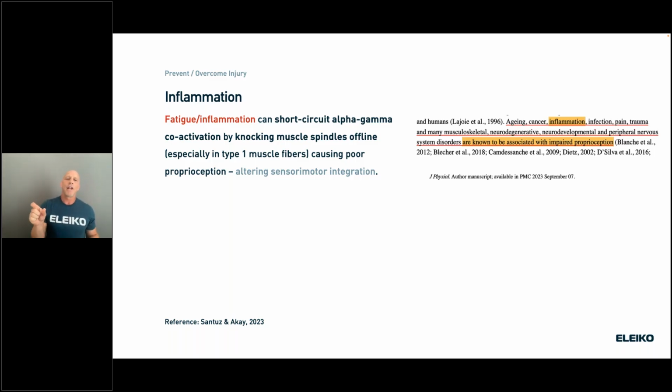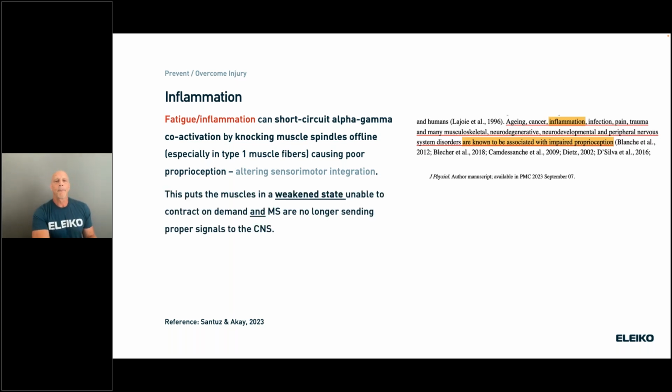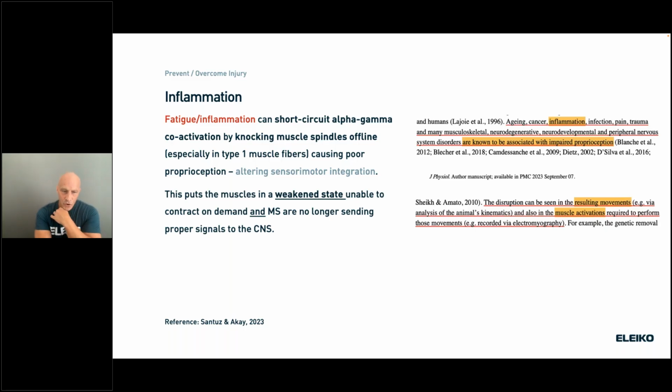And remember, impaired proprioception means that the body is no longer able to have proper input, so it can't have proper output. That's what it's saying. It means that we have knocked the spindle offline. Inflammation has knocked the spindle offline, because this is actually an article about spindles. So this puts the muscle in a weakened state, unable to contract on demand, and the muscle spindles are no longer sending the proper signals. So here you can see that